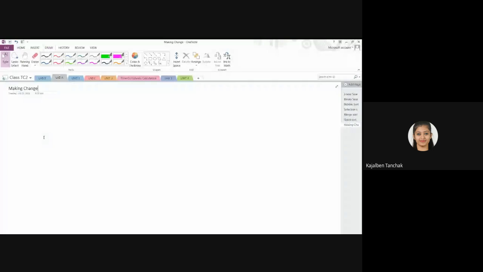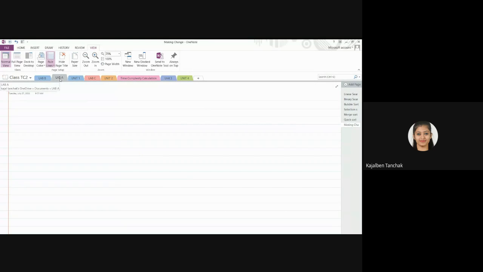One is the number of ways and the second one is the minimum number of coins, right? So the first problem is the number of ways you can make the total amount, and the second one is the minimum number of coins. Okay, so these are the 2 problems we are having. So we will start with type number 1, number of ways. Okay, so let me take the example.